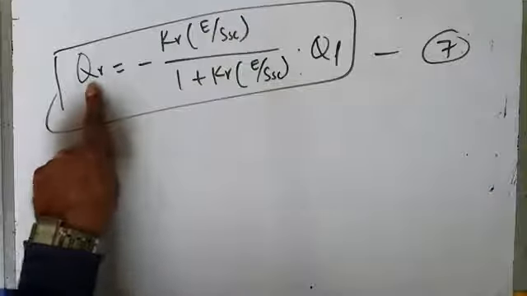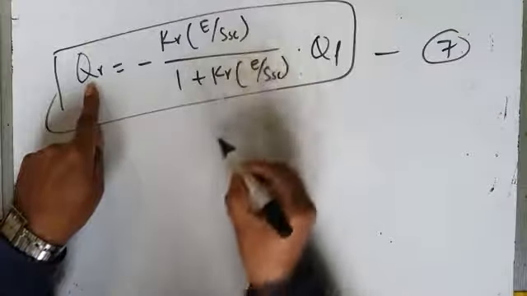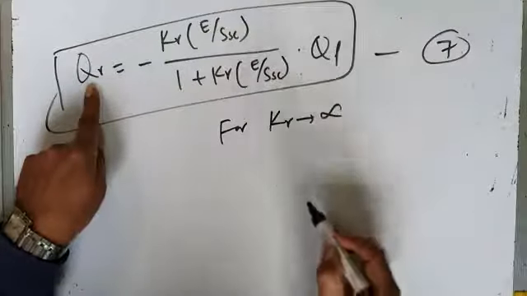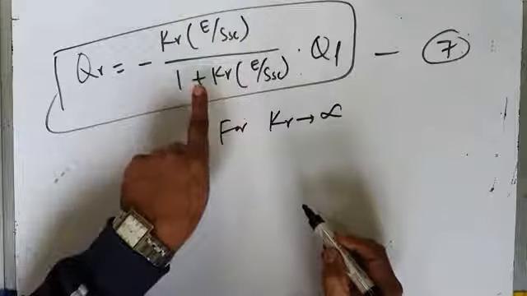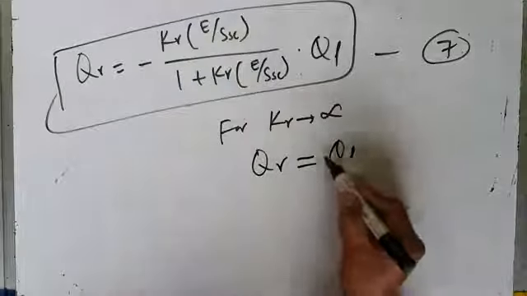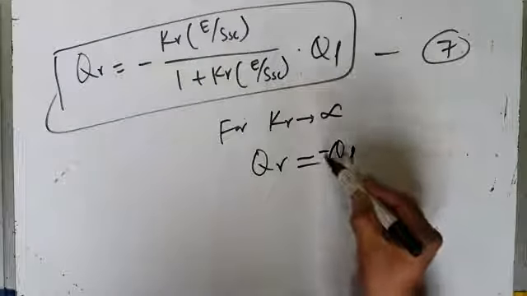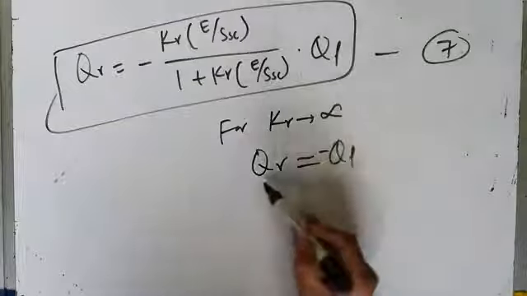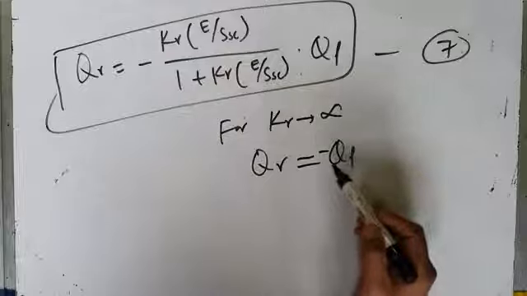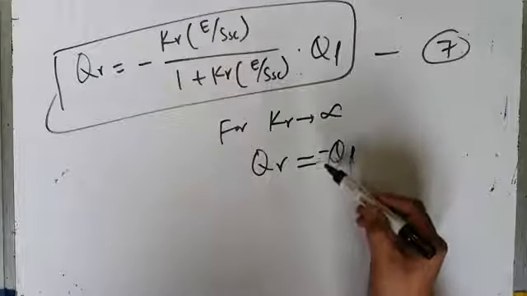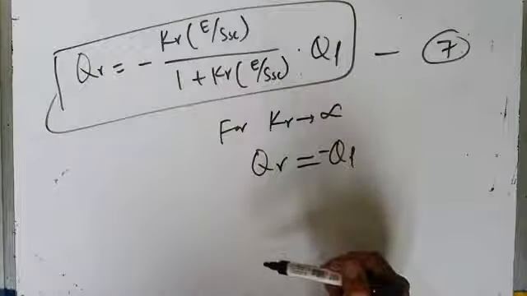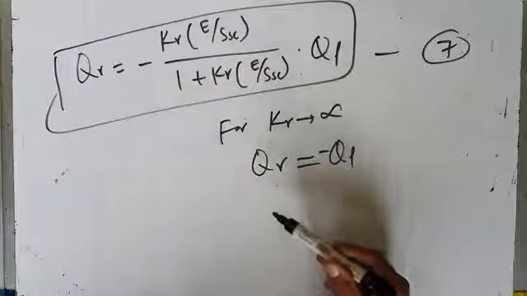Okay. So this equation also tells you that if compensator gain is infinity, so this will be infinity here. So your Q gamma will be equal to minus QL. That means whatever is the reactive power demand of the load, that whole reactive power demand will be supplied by the compensator. So compensator will fulfill all the reactive power demand of the load, and it will make voltage regulation equal to 0, or it will give you 0 voltage regulation.